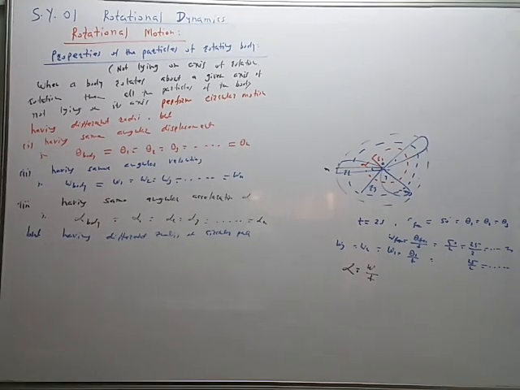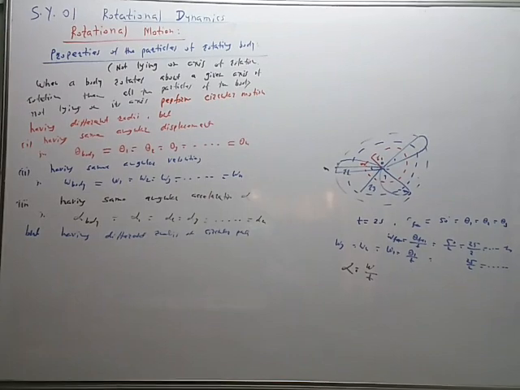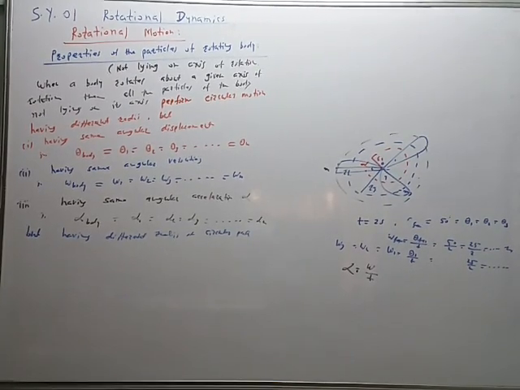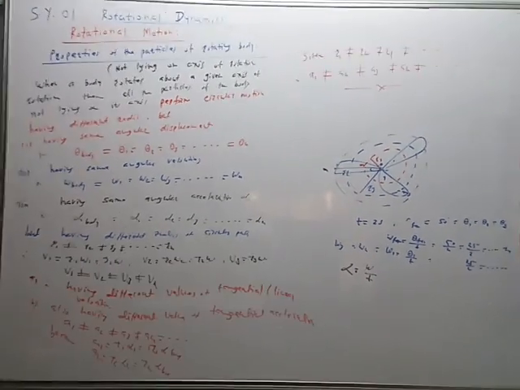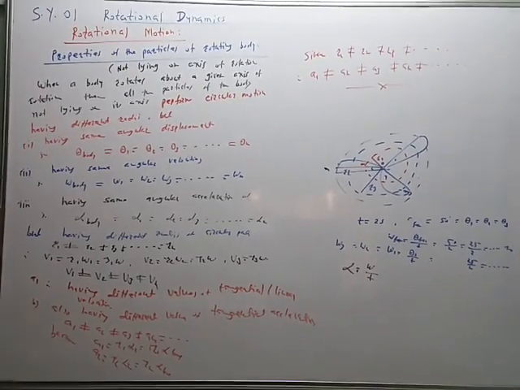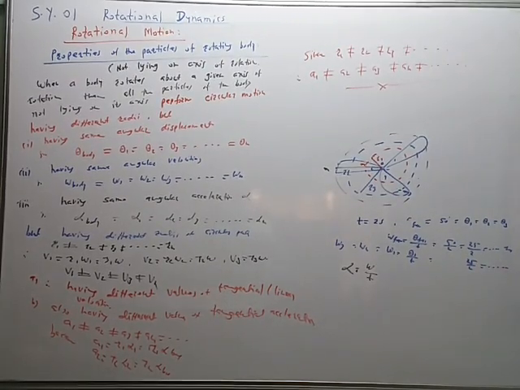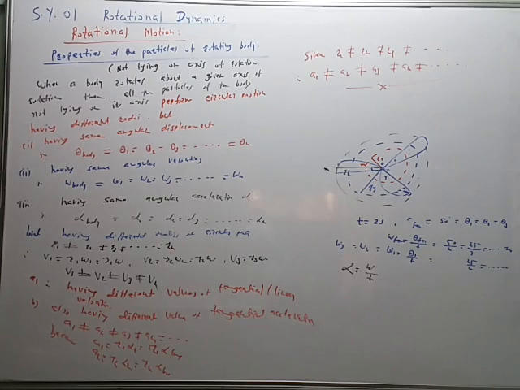Therefore, their properties related to linear motion, linear velocity, linear acceleration, also called tangential acceleration, have different values like this. The properties like angular displacement, angular velocity, angular acceleration are the same, but properties like linear velocity, linear acceleration are different. Why? Because they have different radii of circular path like this. So their radii are different.